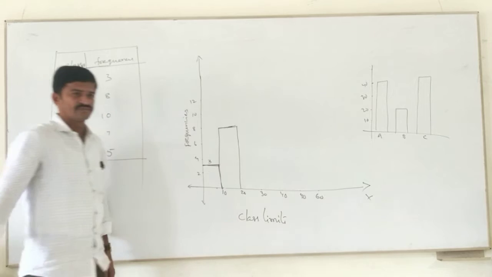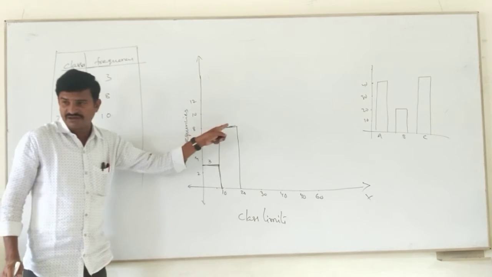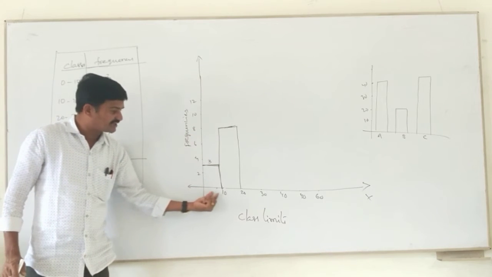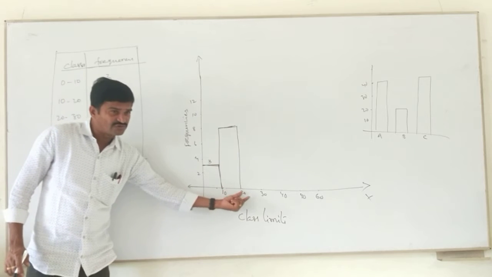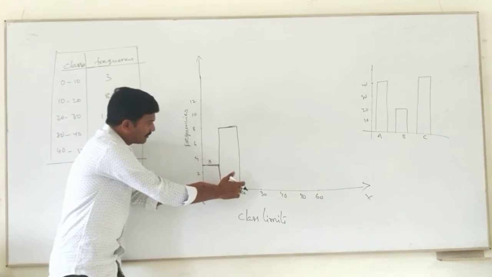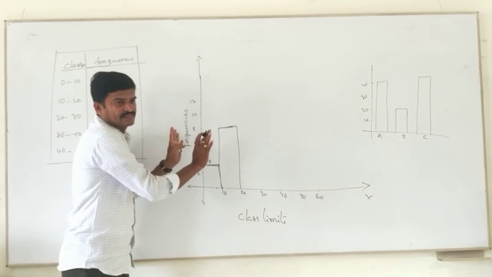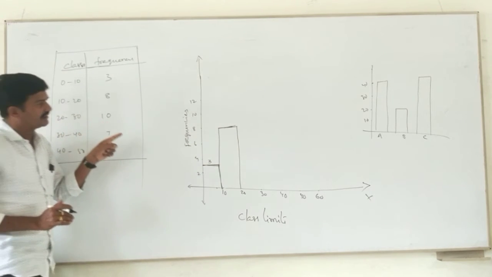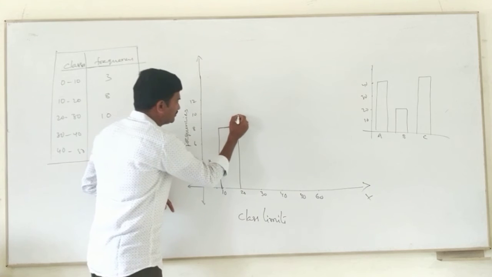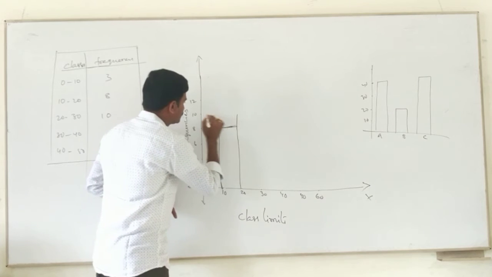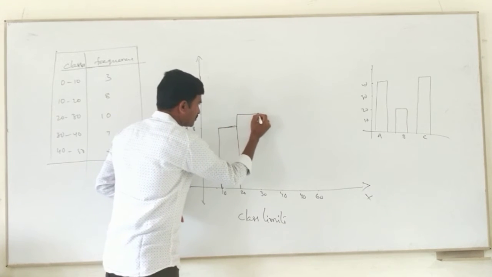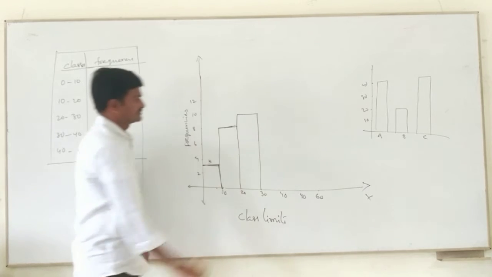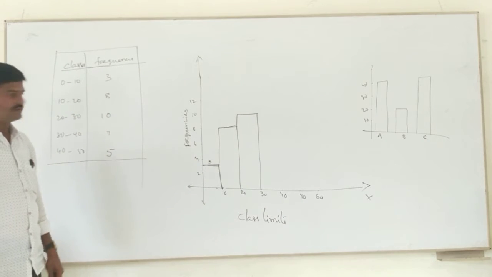Like 8 means don't draw from here. Here means again this class also will come. Only 10 to 20 only. So with this gap only, where 8 is there, like that. Next 20 to 30, how much is there? 10. 10 means this is here. 10 only, na, this. Like this. Are you clear?